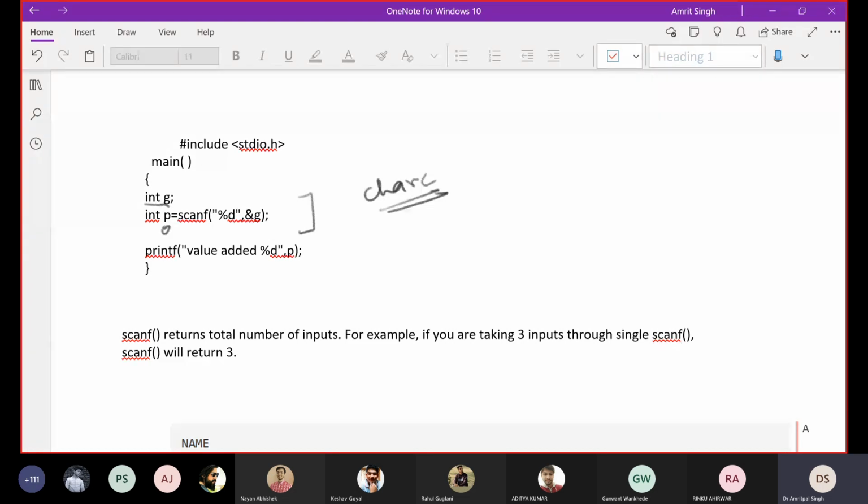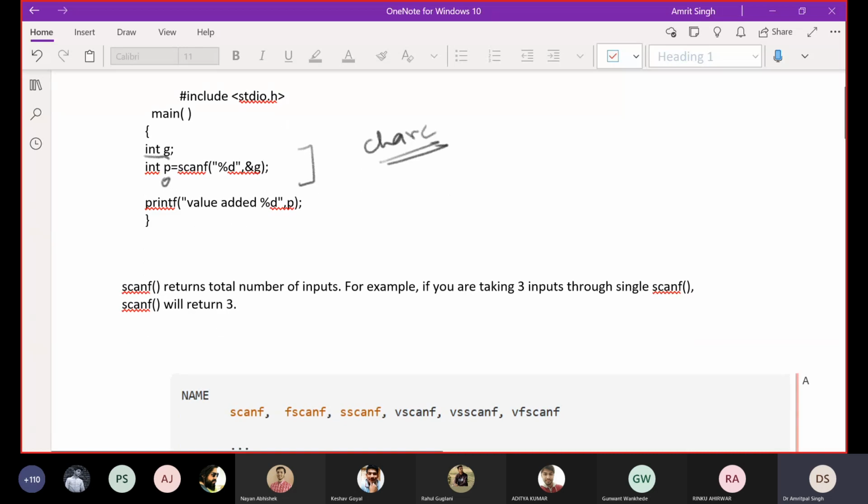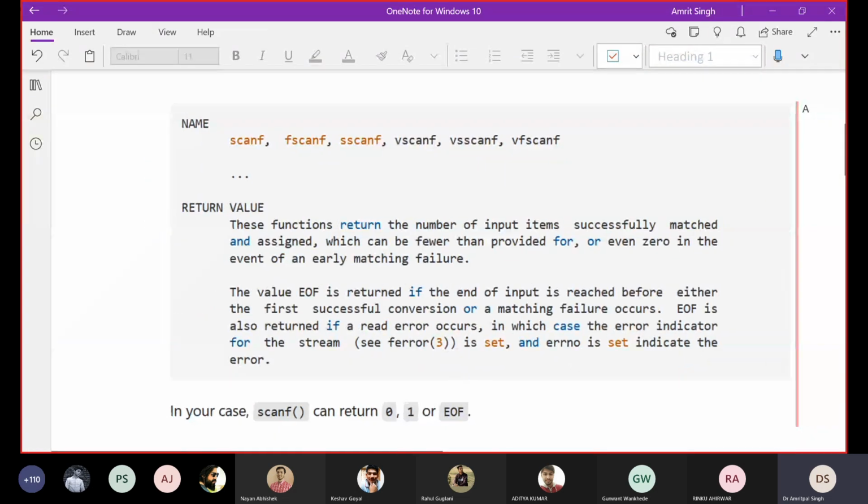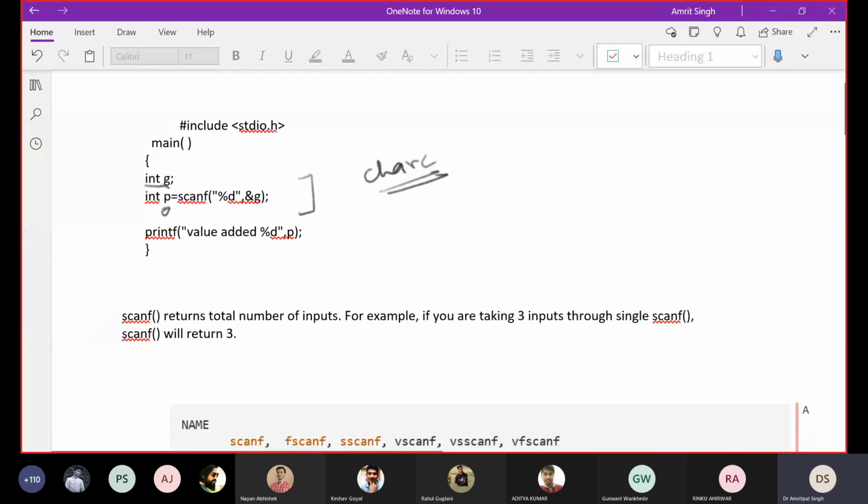That is what we are facing now. Yes, sir. Otherwise, if you write any other number, it is going to simply return the number of input variables which we have scanned. So for that, I have gone to the documentation of scanf, and what I got from it, we are going to start with this. So very first, scanf returns the total number of inputs.